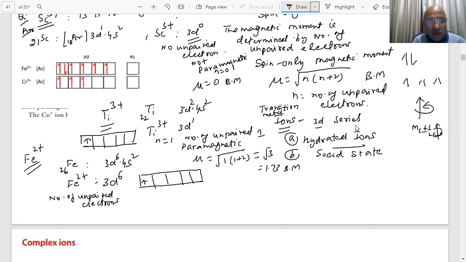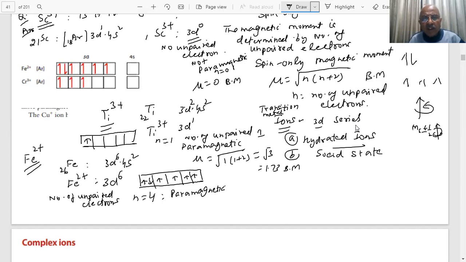You have 1, 2, and how do you fill these? 5 and 6. How many unpaired electrons do you see here? I see 4 unpaired electrons. n equal to 4, 4 unpaired. Therefore, it will be paramagnetic. Yes, sir. If I want to calculate, put the value of n equal to 4, then I will get the magnetic moment in Bohr magnetons. So iron 2 plus compounds are paramagnetic, students, because they have unpaired electrons.